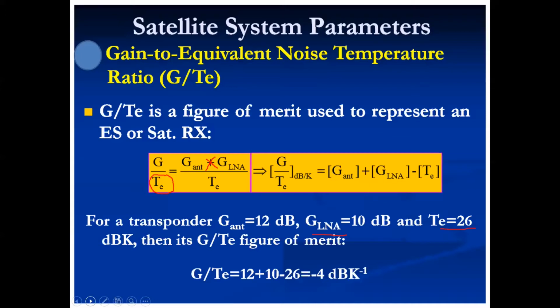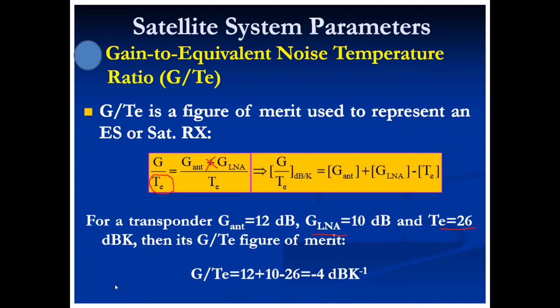Then another parameter definition that we did was the gain to equivalent noise temperature, normally defined with respect to the earth station, G by TE. This is a parameter which decides the size of your earth station. As I had already told you in the last chapter, G by T small means a small earth station, and when G by T is large, it's a big earth station. Whenever we say G by T, it is in the normal decimal scale, but when we represent it in square brackets, it is G minus TE, and that is to be done in dB, that is 10 log of the value.